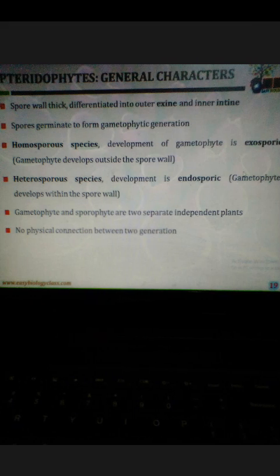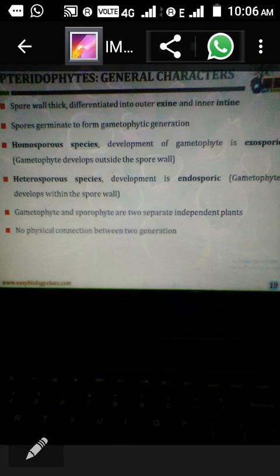Now in true ferns, sporangia are located on the lower surface of the leaf in clusters, they are called sori. In singular it is called a sorus. So these are some of the different pteridophytes where their leaves show the location of sori. Okay, these are different. Now something about the sexual reproductive parts of the pteridophytes.